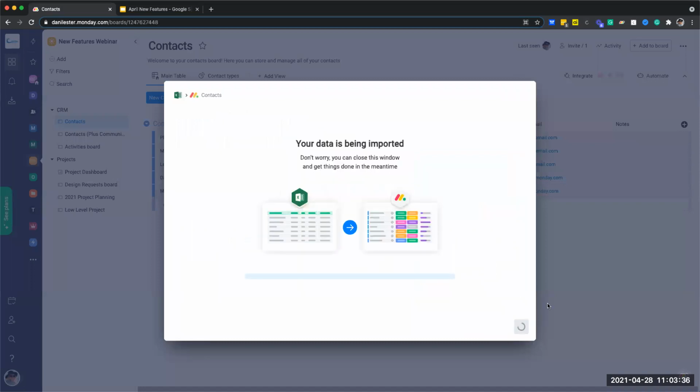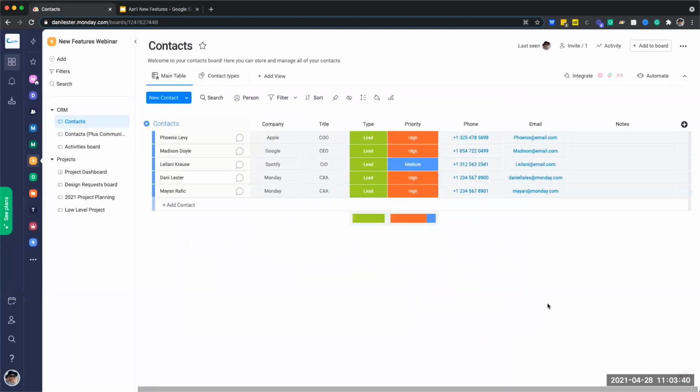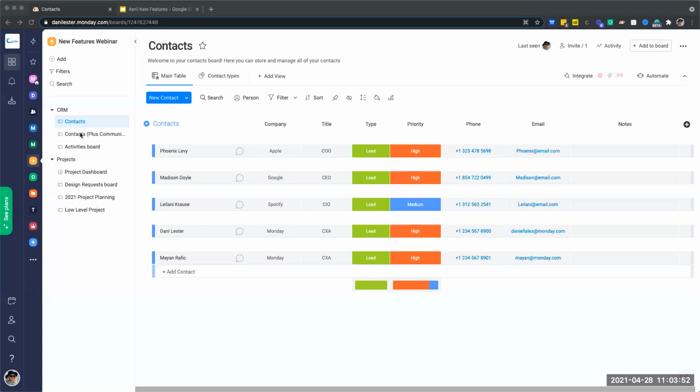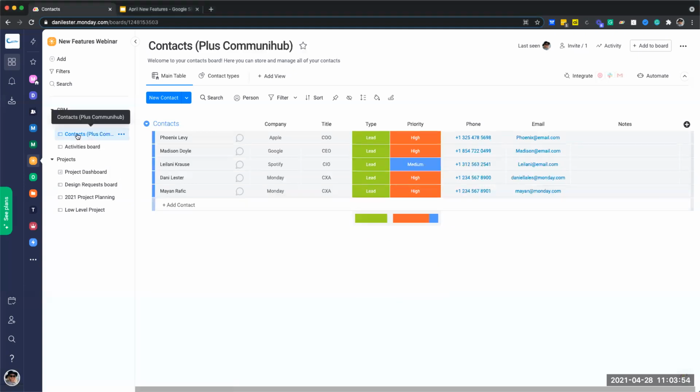And you can go ahead and close this window, but I'm only updating a very small amount of data, so it should not take too long. And there we go. Now you can see that both myself and Mayan have our information, our phone numbers, and everything ready to go. And with that in mind, let's go ahead and you'll see here is one I made